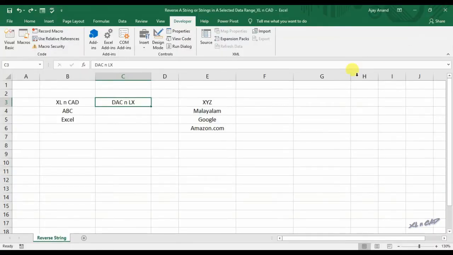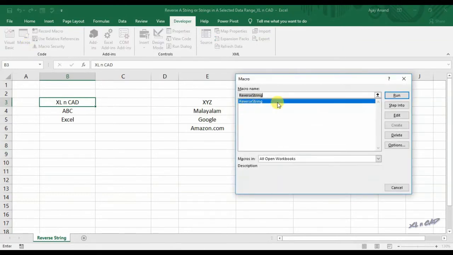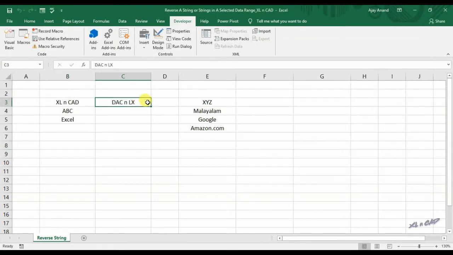Back to our worksheet. To reverse the string in this cell B3, select the cell B3, click on Macros in the Developer tab, execute the macro. The reverse of the string in the cell B3 is printed into the cell C3. Once again,